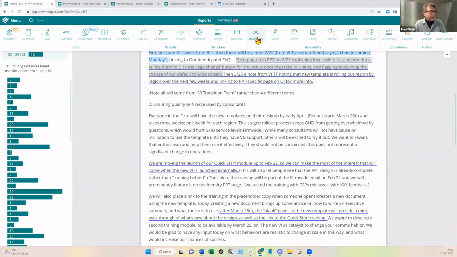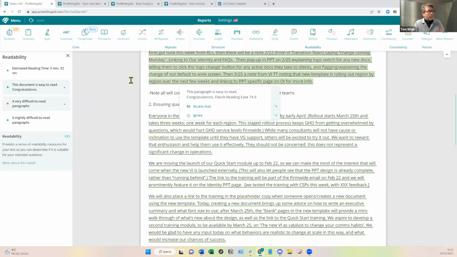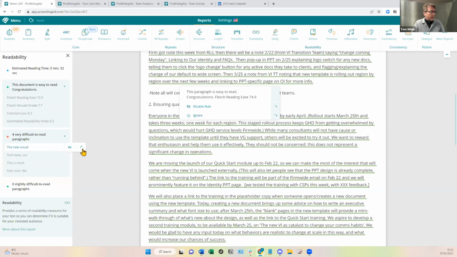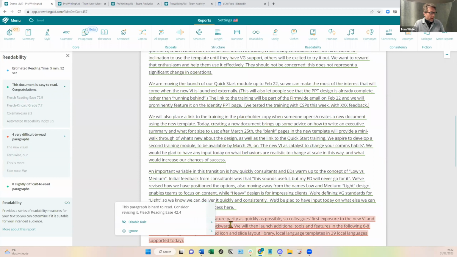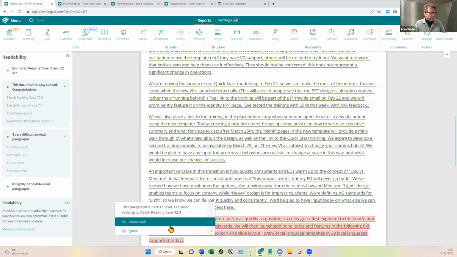Let's have a look at readability. Readability is another kind of advisory report, looking at my paragraph level readability. You can see it gives me some readability scores. Most of us are probably familiar with the Flesch-Kincaid grade, I'd suggest, but we give 4 different scores here. And then it highlights which of my paragraphs are very difficult to read, and I can navigate to each of those through the app. Now you can see here, although I'm on target overall for readability, the readability of this particular paragraph,